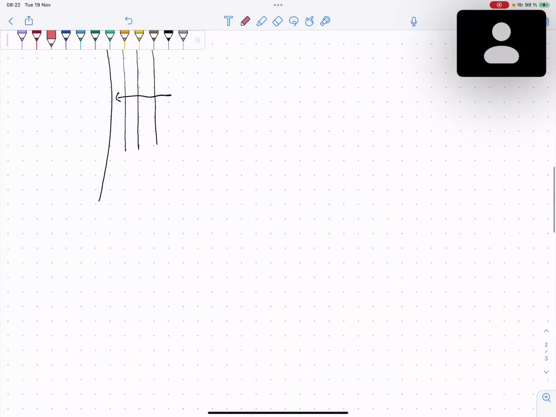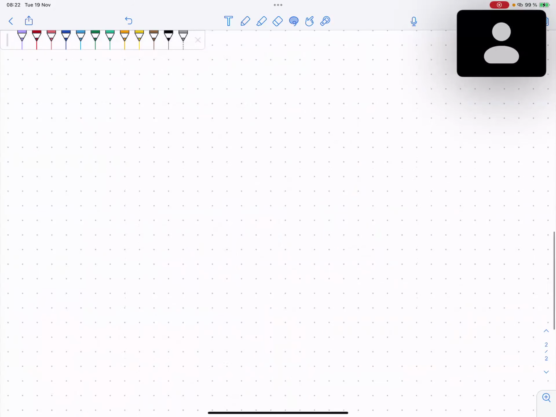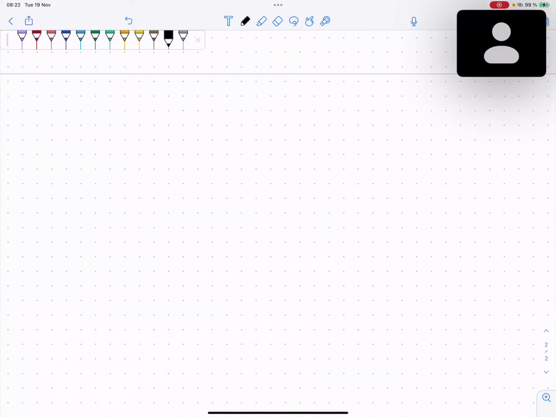Maybe let me write it here: geometrical region, Mie region, and Rayleigh region. In the geometrical region, the size parameter is much bigger than 1, which basically means that the size of our structure,